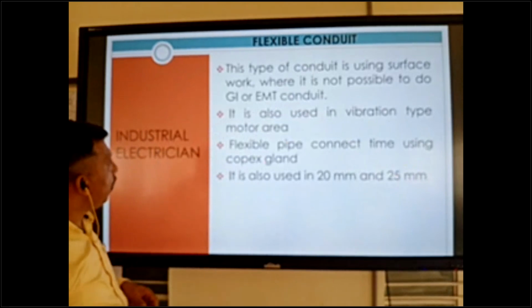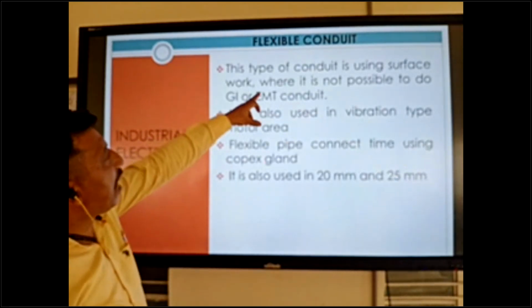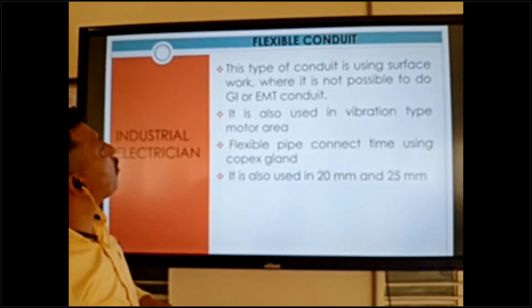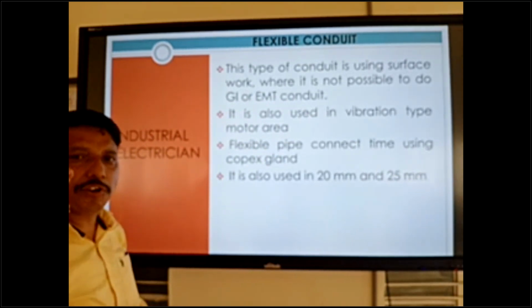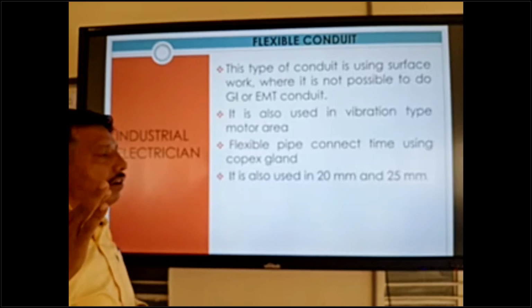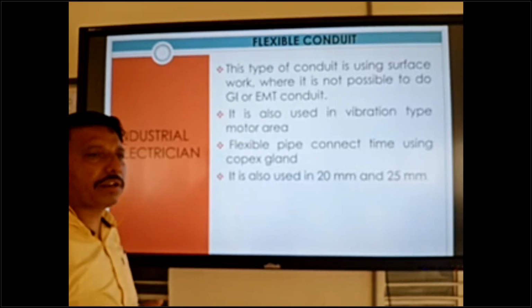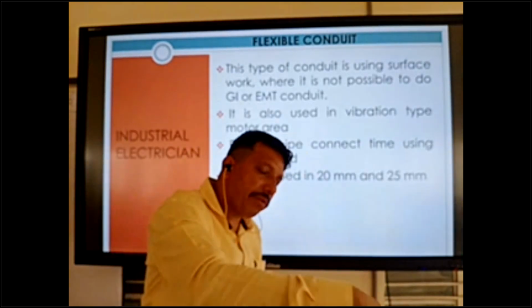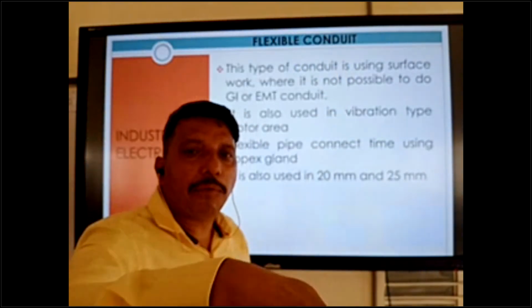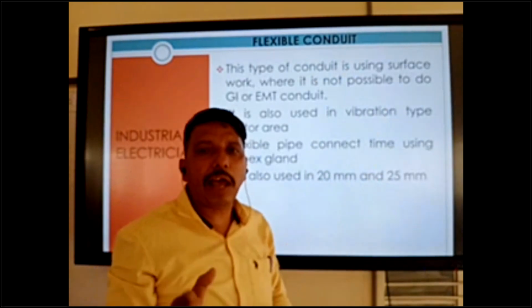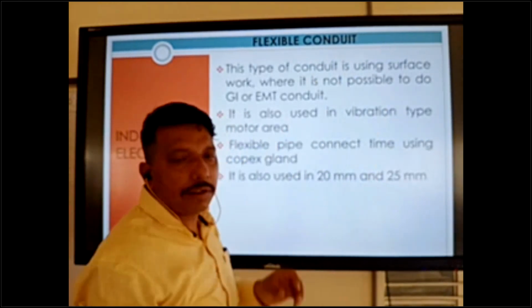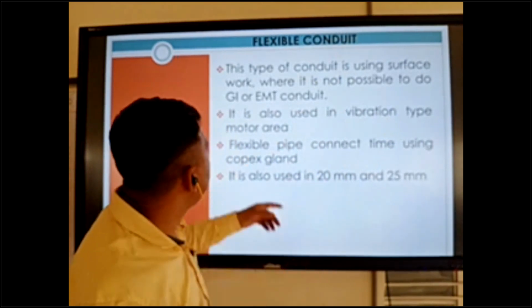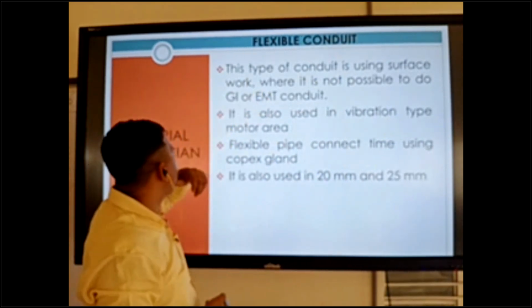Okay. So this type of conduit is used in surface work where it is not possible to do GI or EMT conduit. First point, it is not possible to work in GI. Difficult places come, sometimes down, again up, again straight, again down. In a small area, that time we can use 1 meter or 1.5 meter of flexible conduit.